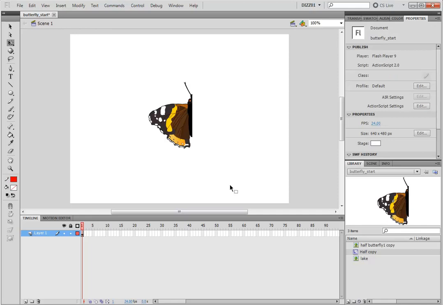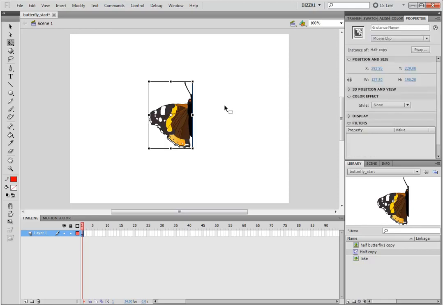Right, to get started, now you must understand with movie clips, you can have multiple movie clips inside of other multiple movie clips. You can have a movie clip inside a movie clip inside a movie clip infinitely. If you understand that, then this will be a lot easier. But don't worry, I will be taking it slow and explaining everything. So to start off with, we want to create a butterfly animating of it flapping. So what I'm going to do, I am going to first of all